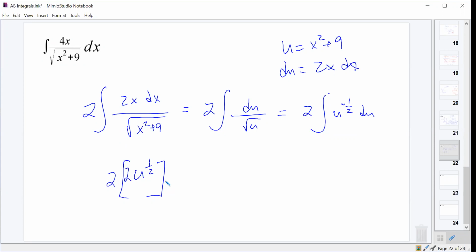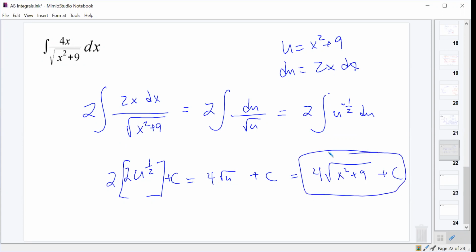And then we should be good there, right? It should just be 4 root u plus our constant. I should put my plus constant there, which is 4 square root of x squared plus 9 plus our constant. And so we can see that really what we're getting here is we're doing the chain rule